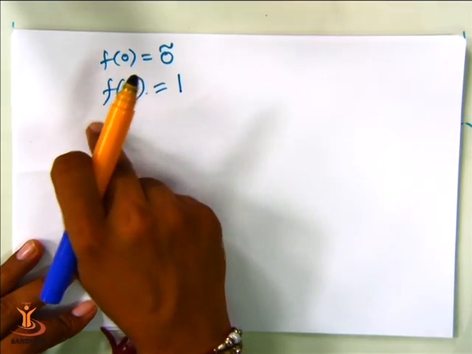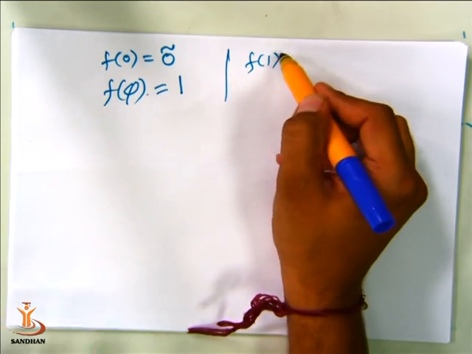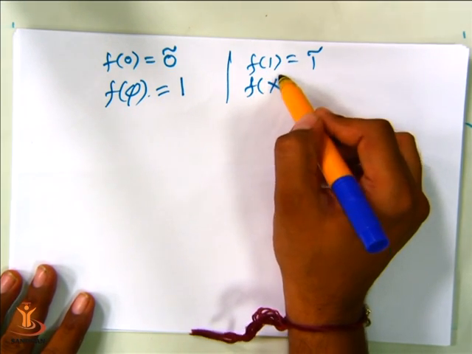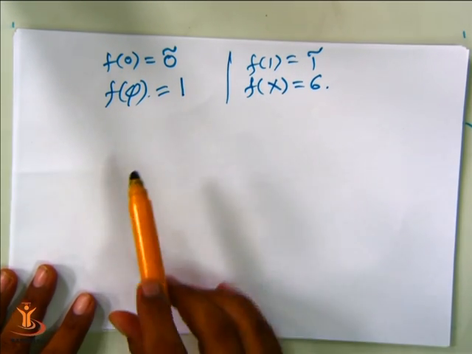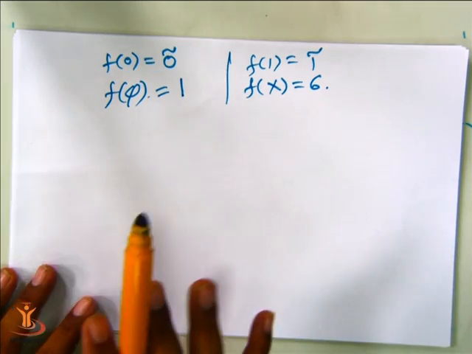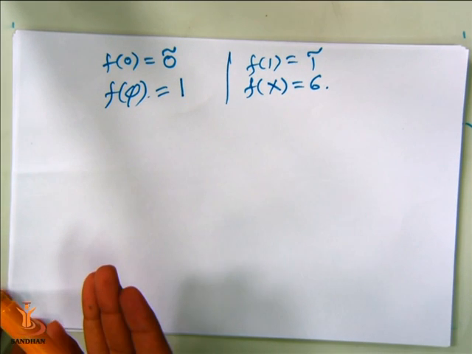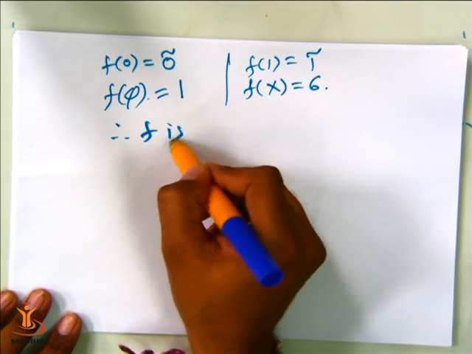By definition, we have f of phi is equal to 1. Similarly, we have f of 1 is equal to 1 tilde. One element of the power set of x is x, and 1 tilde is 6. So by the definition of f, we have f of phi is equal to 1 and f of x is equal to 6. That means f preserves the 0 element and preserves the 1 element. Therefore this function f preserves star, ring sum, complement, 0 and 1. Therefore f is a homomorphism